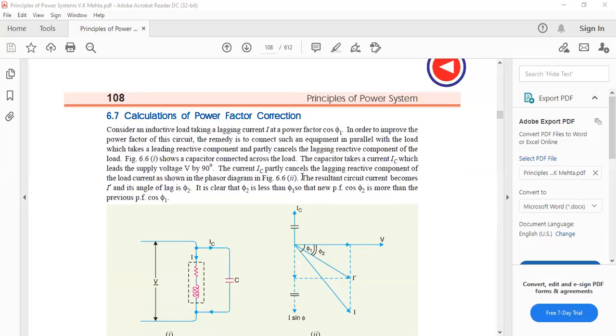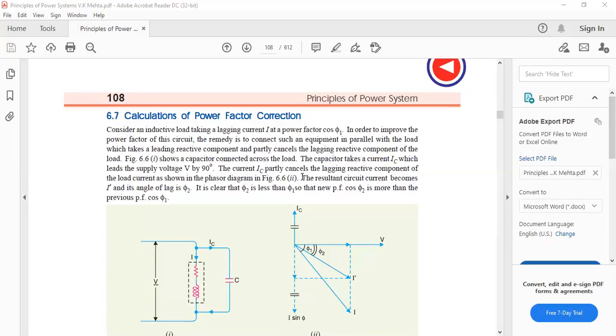In that category, static capacitors are one. Static capacitors are used to improve the power factor. The main drawback of static capacitors is that if the voltage exceeds the rated value, the static capacitor is easily damaged. It is better to replace it with a new one rather than repair the capacitor. That is the main drawback of the static capacitor.